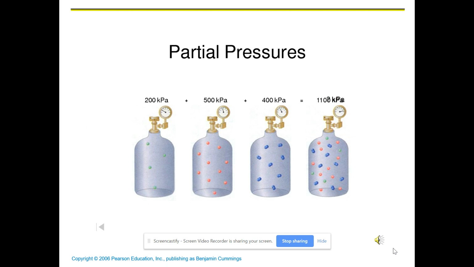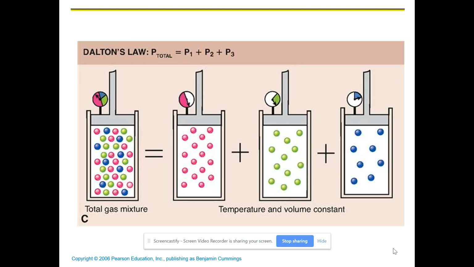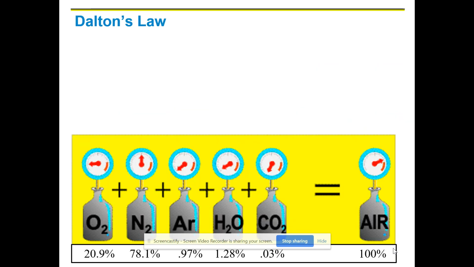What Dalton's law says is that these individual pressures contribute to the total equal to their percentages. So if we look at the total gas pressure, all it is the sum of the individual partial pressures. In this graphic, we can see all the different gases that contribute to air. And right below that, you can see their percentages. Remember, nitrogen is about 78% of air, oxygen is about 21%, carbon dioxide about 0.03%.